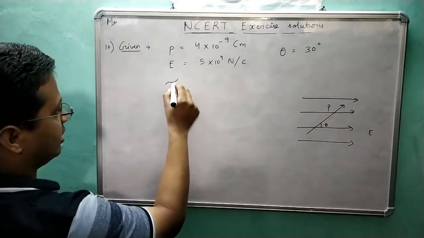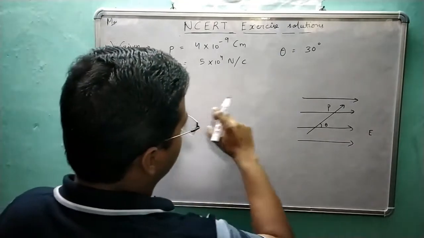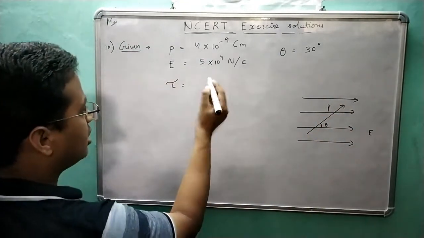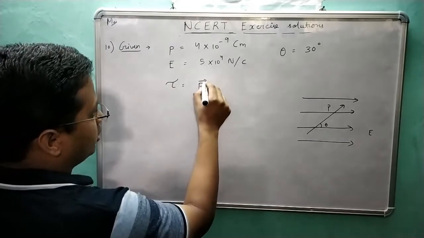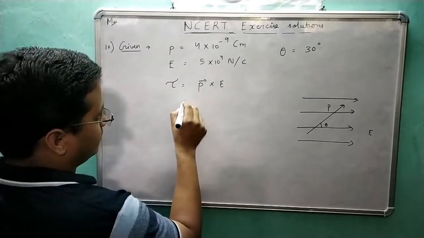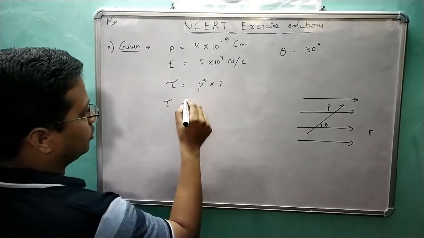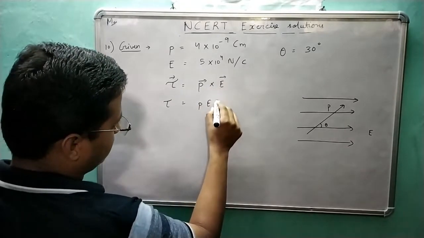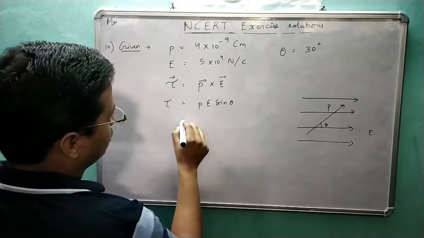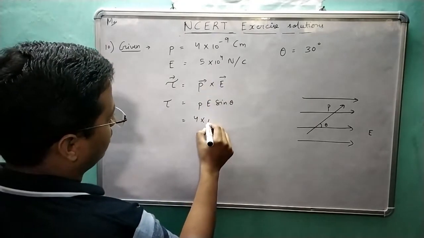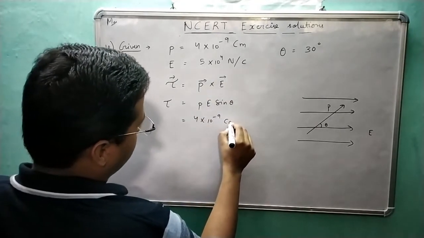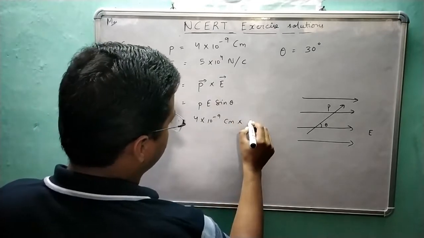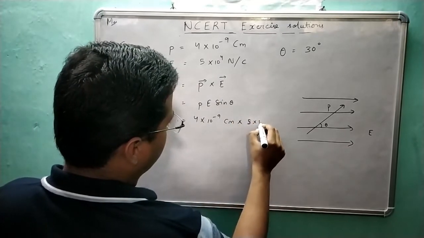So this is a very straightforward question. We have to calculate the torque on this dipole. As you know, torque is equal to P cross E. So tau is equal to PE sin theta. So you know the value of P, so 4 into 10 to the power minus 9 coulomb meter. E is 5 into 10 to the power 4